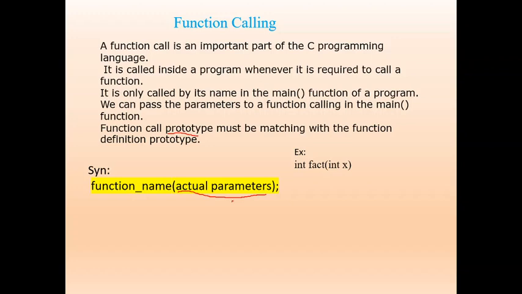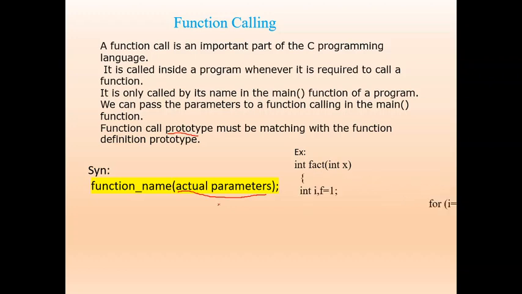Parameters placed in the function header are known as formal parameters. When a function is called, the formal parameters are replaced by actual parameters. That means actual work is done on actual parameters.